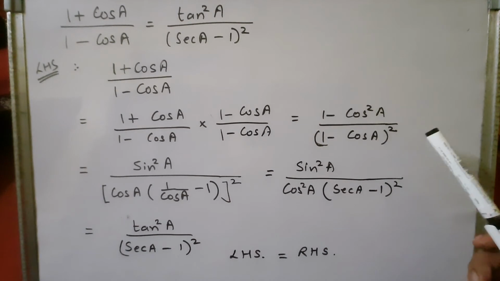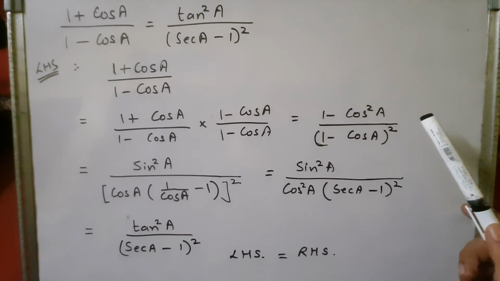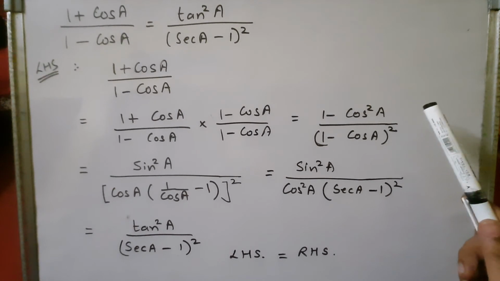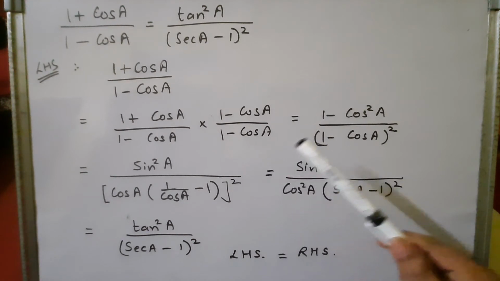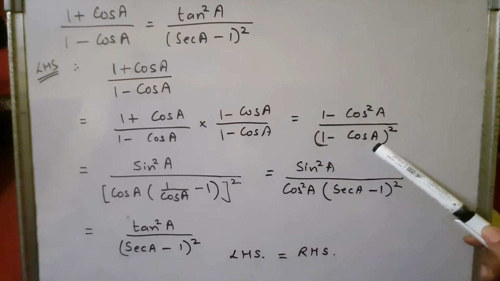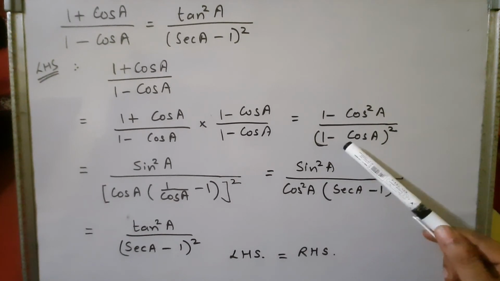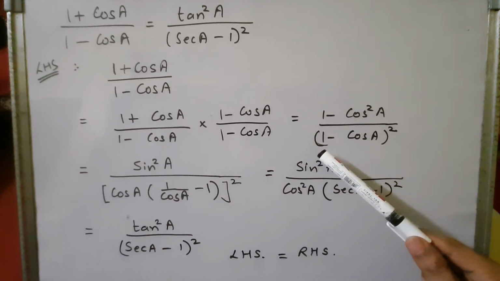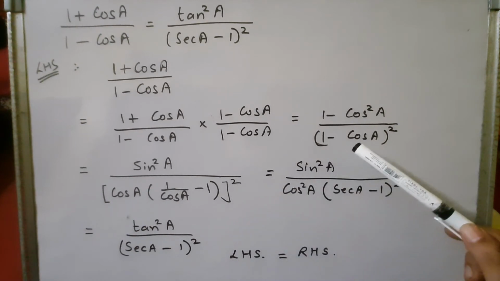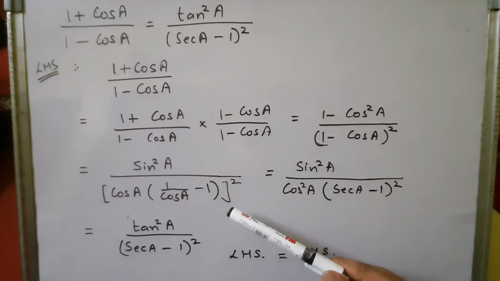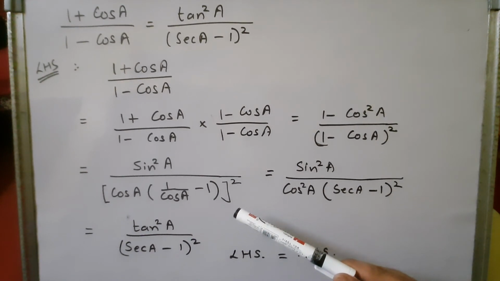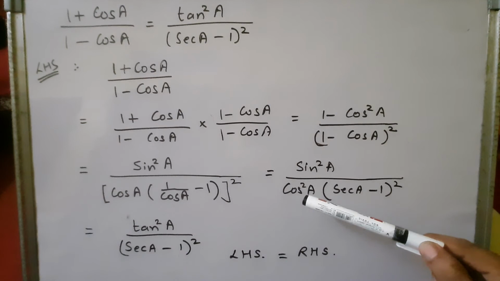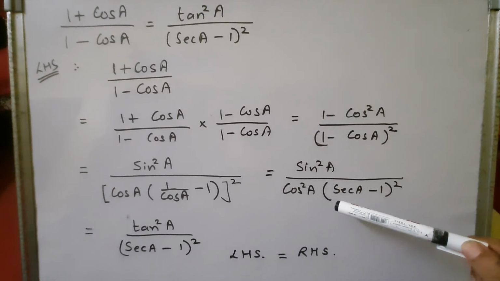And we know that the identity for 1 minus cos square a is sine square a. Right children? And in the numerator we are going to write 1 minus cos square a as sine square a. And in the denominator, to obtain sec a, I have taken cos a common from both these terms. So here 1 is there. So when we take cos a common, it will become 1 upon cos a. And from cos a, if we take cos a common, we will get 1. So in the denominator we get cos a in bracket 1 upon cos a minus 1 to the whole square. Right? So when we do the squaring, we will get sine square a upon cos square a into bracket sec a minus 1 to the whole square.